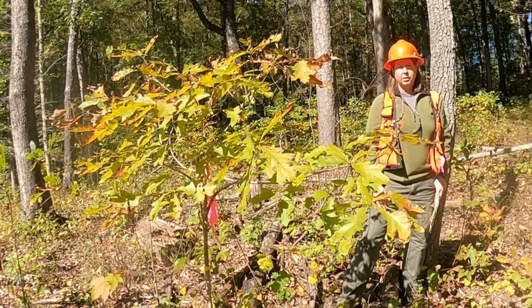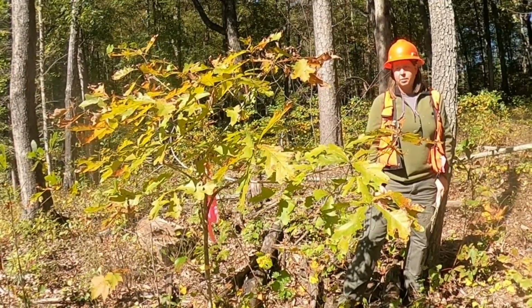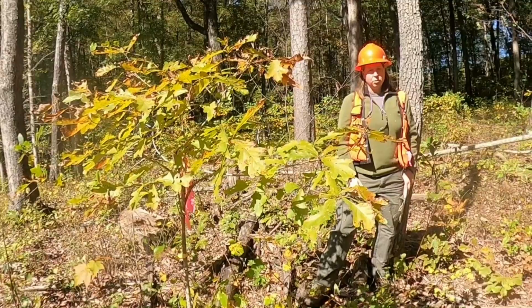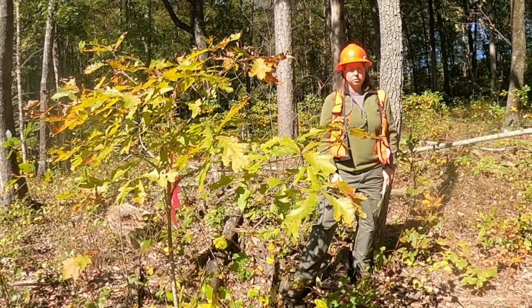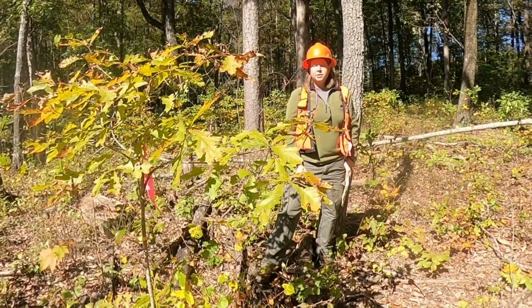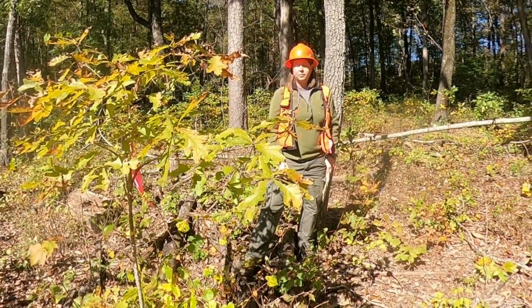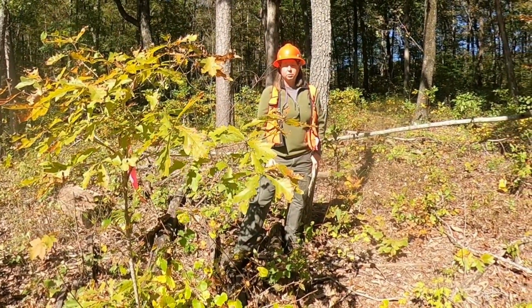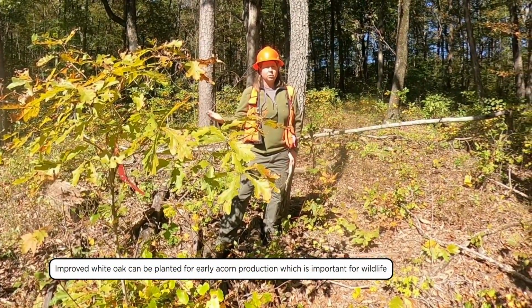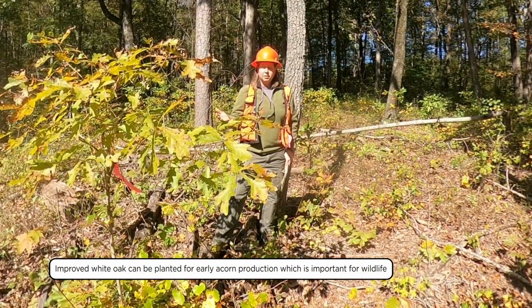In this particular study, we are planting white oak, Quercus alba, and these seedlings did come from a seed orchard that is a local seed orchard managed by the University of Tennessee's Tree Improvement Program. And we do consider them improved because that orchard has been thinned over time to select the ones that are fastest growing and the best acorn producers. So we do consider these improved,